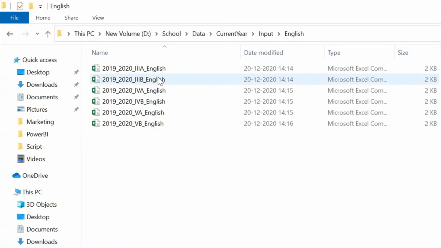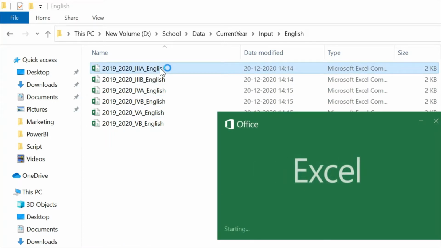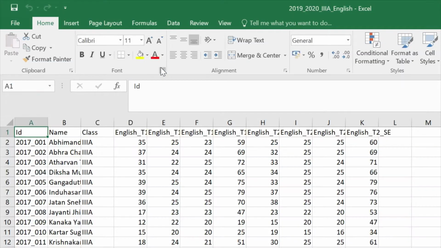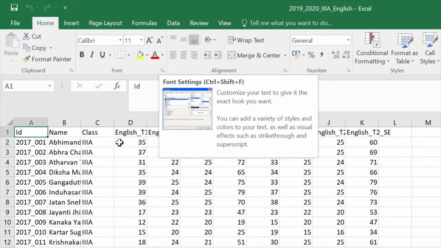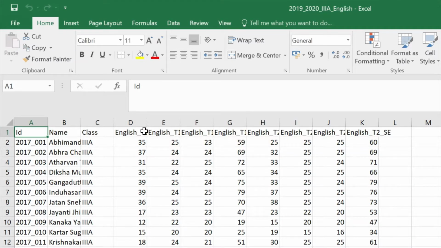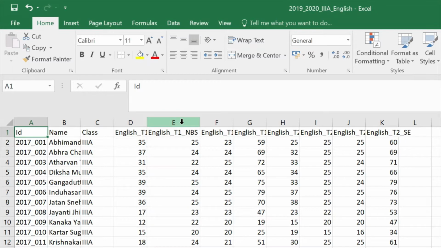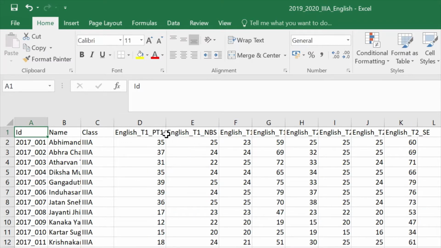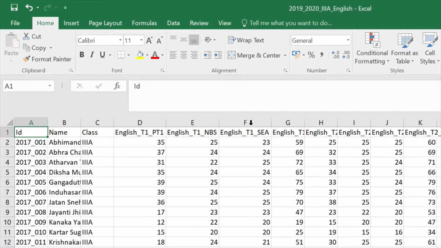When we open the file, we can see the marks obtained by the students, which will be entered by the teachers. There are 2 terms in the academic year, term 1 and term 2. Term 1 contains PT1, NBS, SEA, and half yearly.